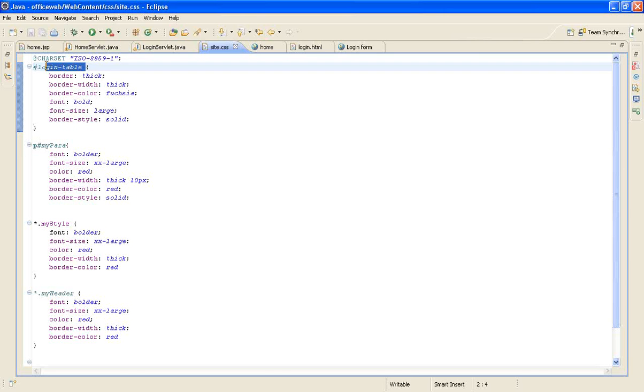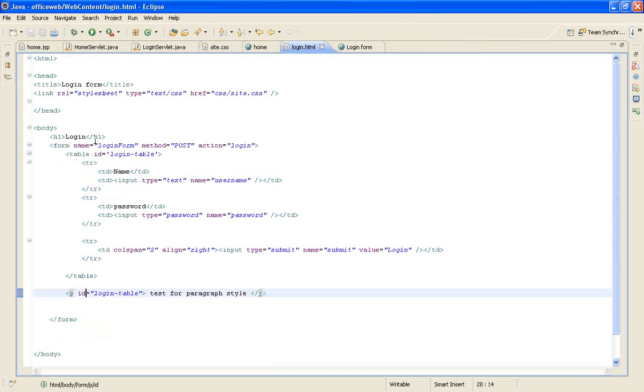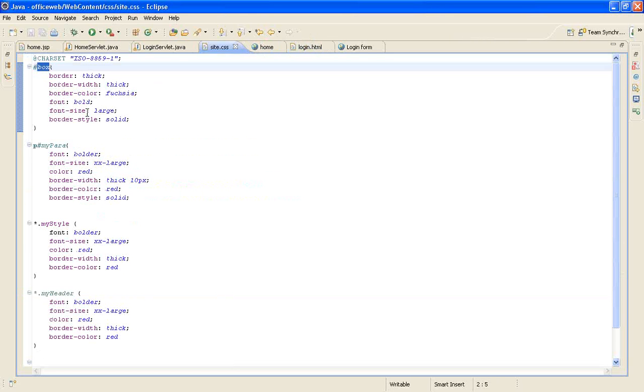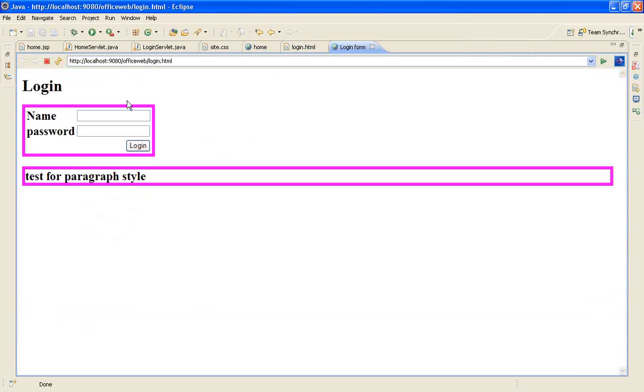Let me say the box. I'm putting it to the table and paragraph, so that's the reason I moved it, so that I don't need to do any cleanup later.